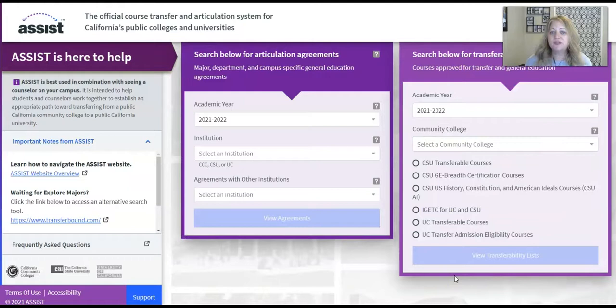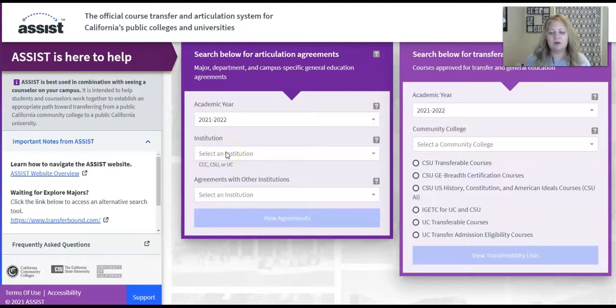So now moving over to ASSIST, and the website is assist.org. This is where you would go to particularly look at what you need for your major. You can look up some GE on here, but you can also just use the GE sheet, and we'll be going over the GE sheets in a couple of weeks. So on ASSIST, it starts with the academic year of 21-22. And the majority of campuses have updated their information for this year. Davis is the one school that kind of sticks out that is still a little bit behind. But for the most part, the colleges are updated.